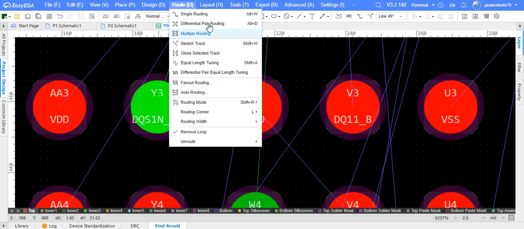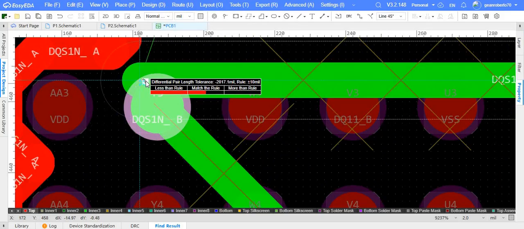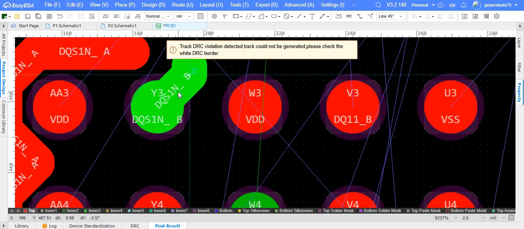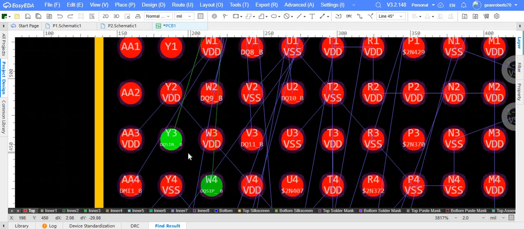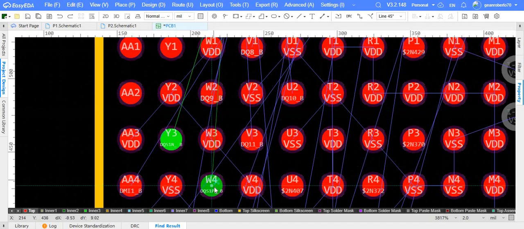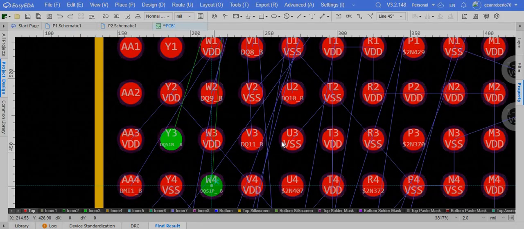It needs to be one positive and the other negative. So again, routing, differential pair routing, and click on the polygon that we wanted to route, confirm,